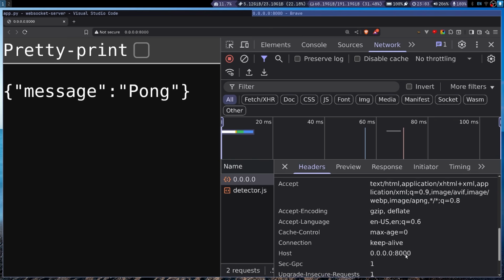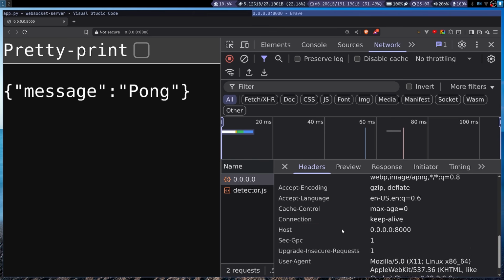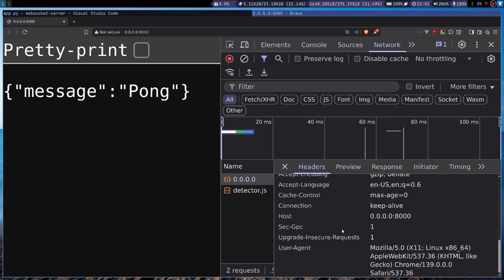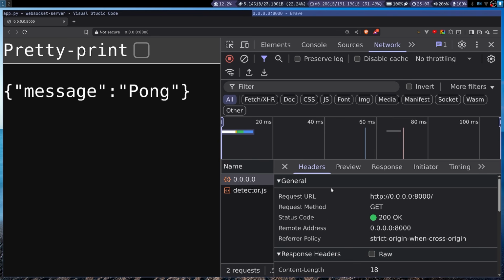Next, we have the request header. This is information about the request as sent from the client. We have all this right here, and all of these are sent with a request when you are making that request. The idea here is to explain how a request is sent from the browser to the server